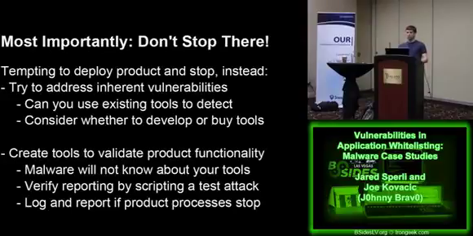Similarly, you could go one step further. A lot of products will simply be shut off by malware. They'll kill them in running process. And what you can do is create an application whose job is simply to see if a process terminates in an unexpected way. If a process terminates in an unexpected way, report it through some secondary channel, and then you're going to have that information available to inform you that either a product crashed, which is important, or that something was directly attacked, or that one of your users decided that AV sucks, I'm going to turn it off.